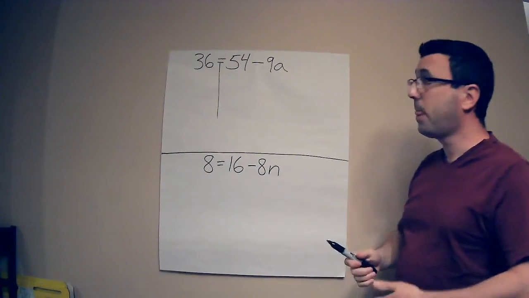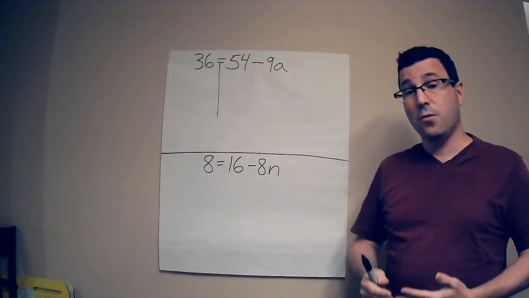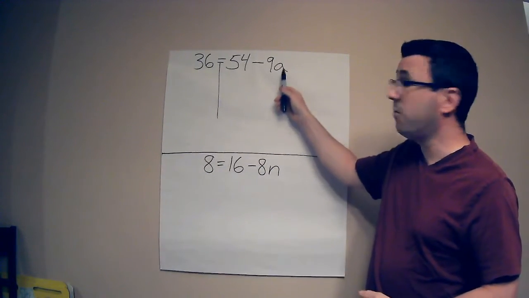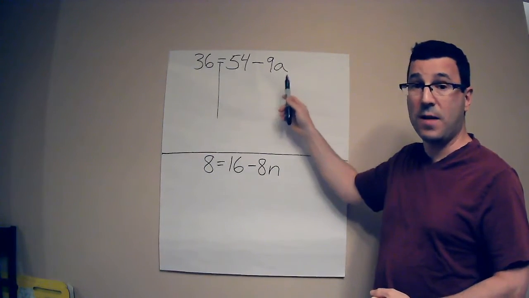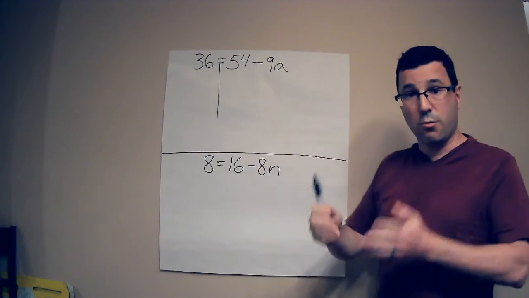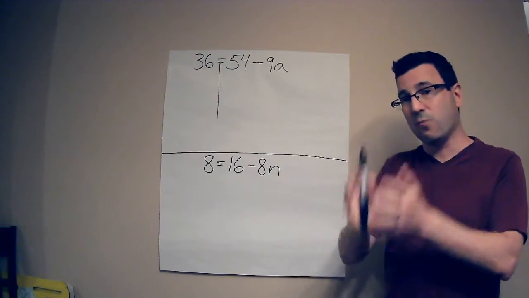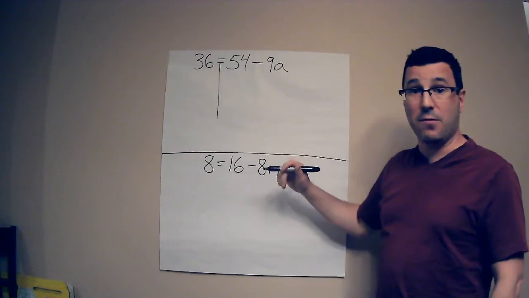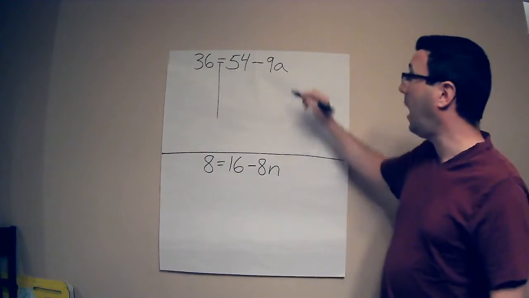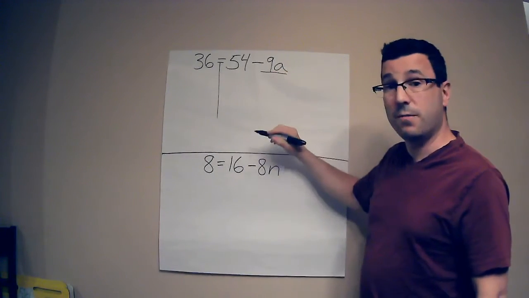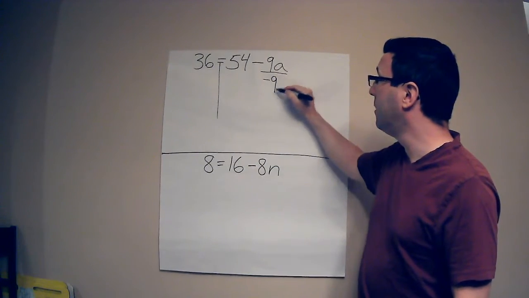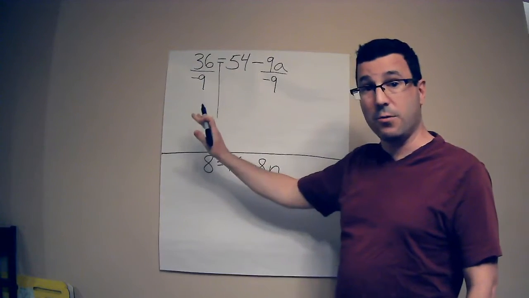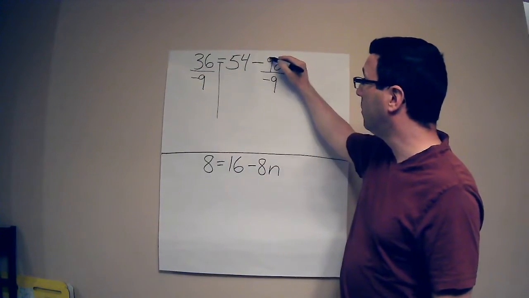So I look, and the first thing I'm going to look for is, where's the multiplication or the division? The multiplication division is always attached to the variable. Okay? So we're always starting closest to the variable. What is directly attached to the variable? We are multiplying by a negative 9. So, opposite of multiplication, division, I'm going to divide by negative 9. If I do it to one side, I have to do it to the other. So,